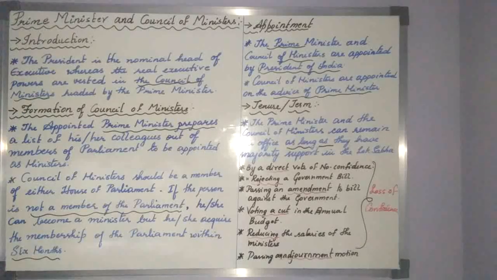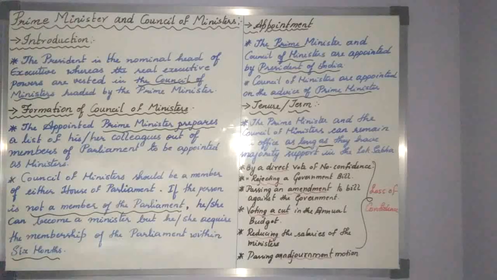We talked about the President's qualification, election method, vacation of office, impeachment method, then the powers and functions: legislative, executive, discretionary, and the emergency powers. So that was the previous class. Before getting into the next organ, which is the last organ of the country, that is the judiciary system,